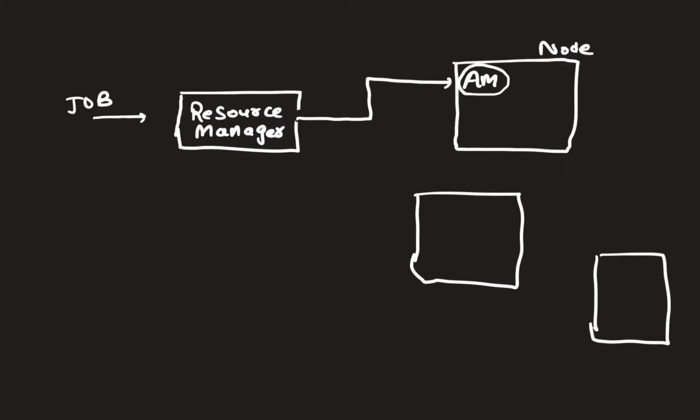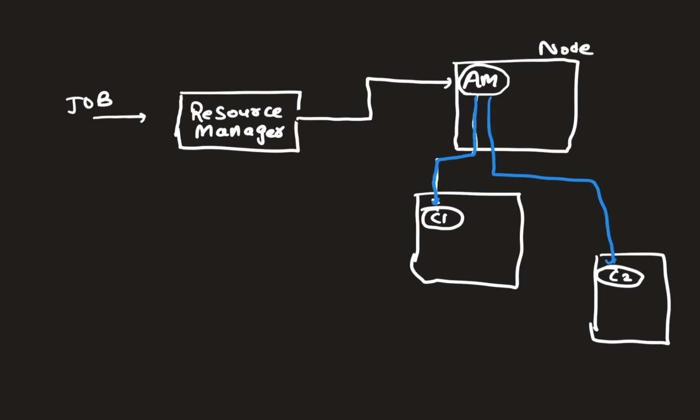Once you get your application master, after that what will happen? Different containers will be launched. For example, one container will be here and a second container will be here. Container 1, container 2, you can think of it as a task tracker or your actual task which will be executed, right? So application master will now manage the different tasks. Let me color code it in a different way. So your application master will manage different tasks. Let's say C1 is one task, and then C2 is another container, which is another task, right?